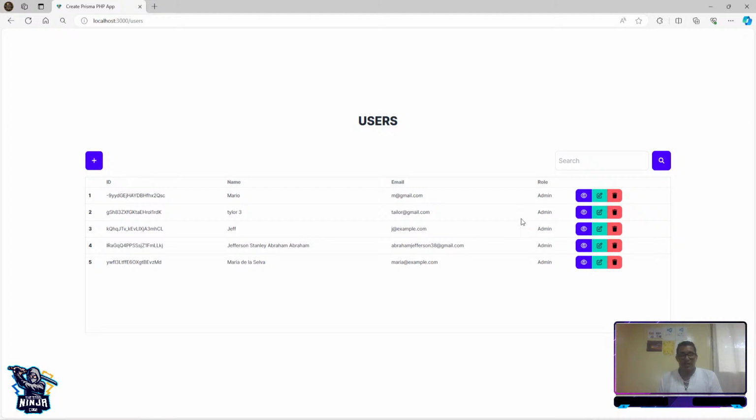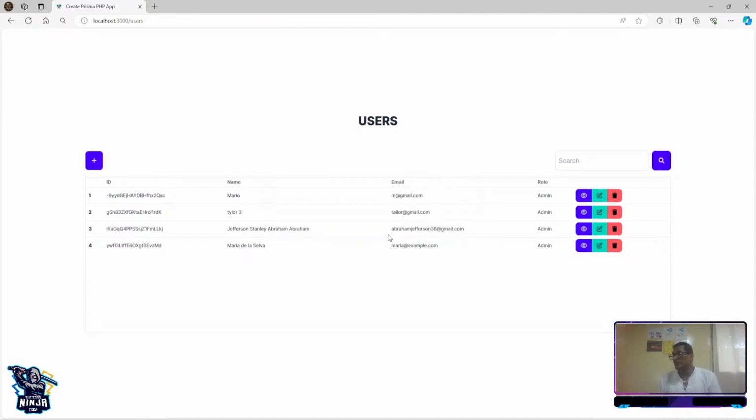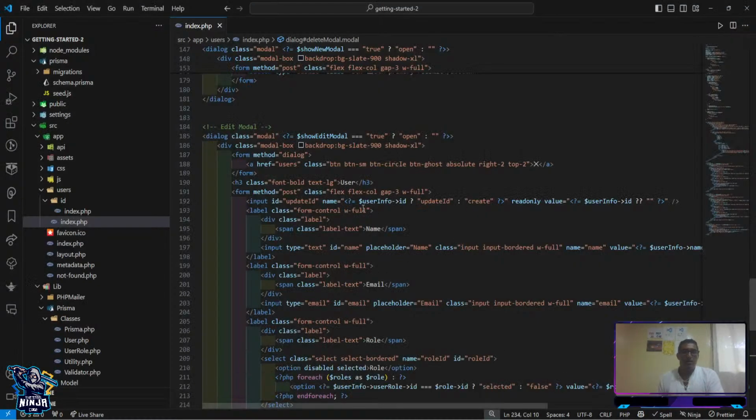And then let's say I'm going to delete any of this. So just click, he said, are you sure you want to delete the name? And I said delete, and it's going to be delete. So the CRUD application is only in one section. You don't need to create another file to handle those rows, and remember we're using